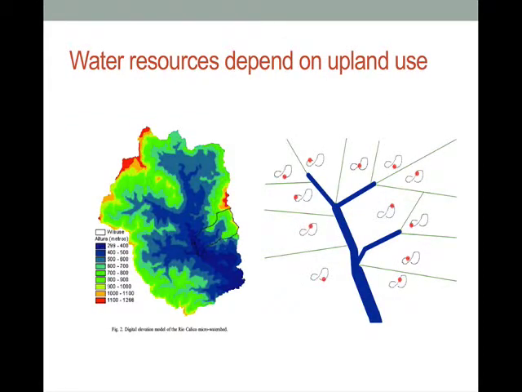Now, water resources, we talked about this when we were talking about innovative ways to get more water. On the left is a picture of a watershed showing the elevation in this case. When you go down in the watershed, down toward the stream, you get more and more water collecting. So we want to maintain a watershed that can collect water and push it off into that stream, giving healthy, clean water. And one of the ways to do that is to manage where you either log or harvest in the upland area.